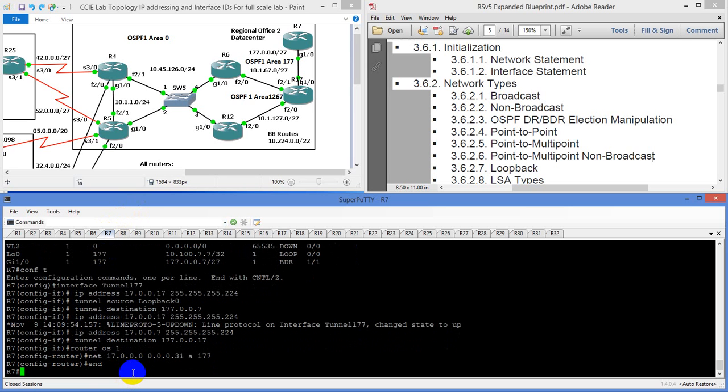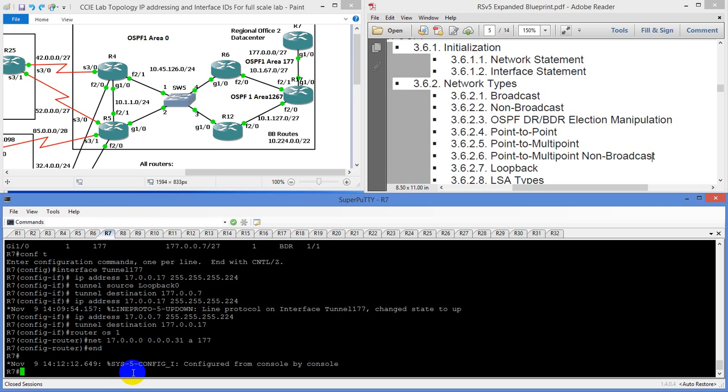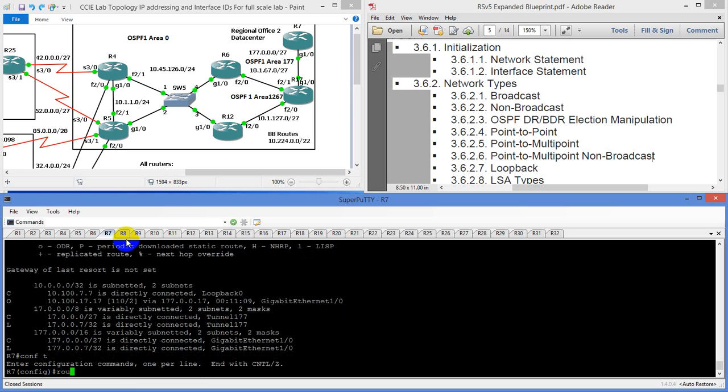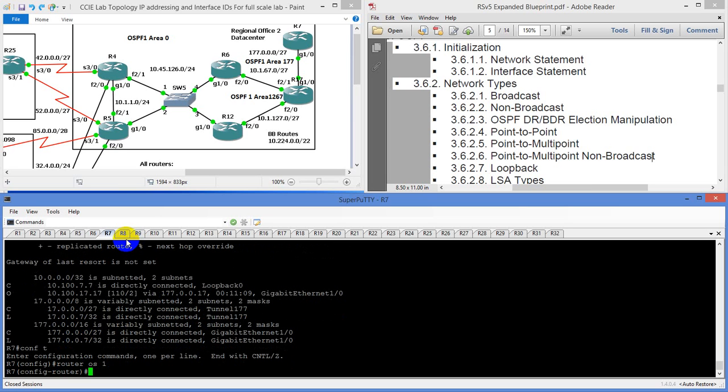And then we should be able to get a... Let's go to show IP route. Did that fix anything? I don't think it did. You know what I'm going to do? I'm just going to pull this out and go config t, router OSPF 1, and do a do show run pipe section OSPF